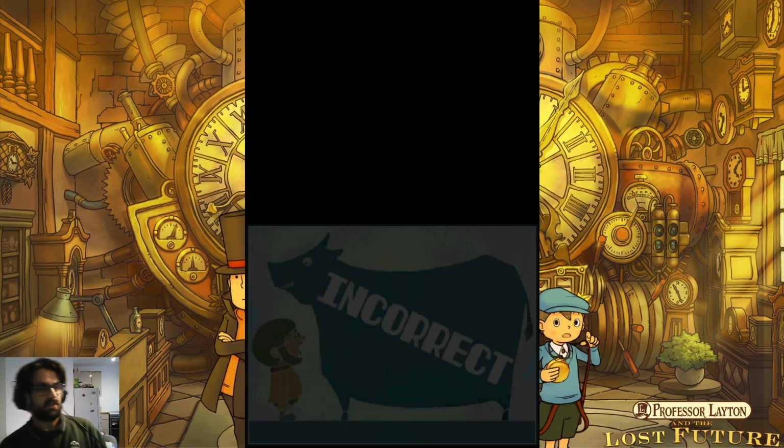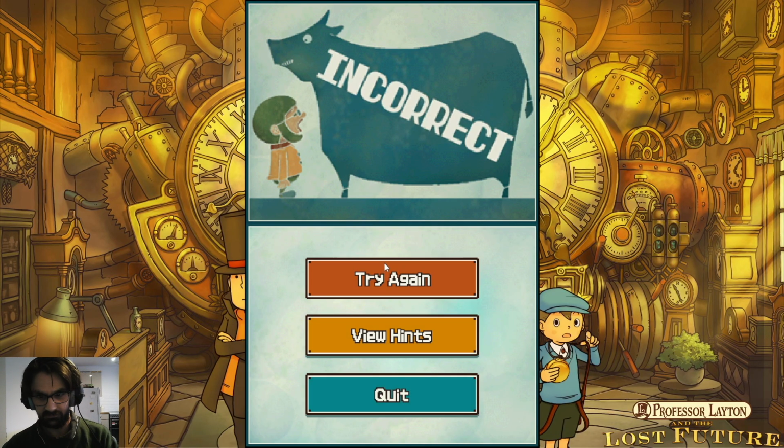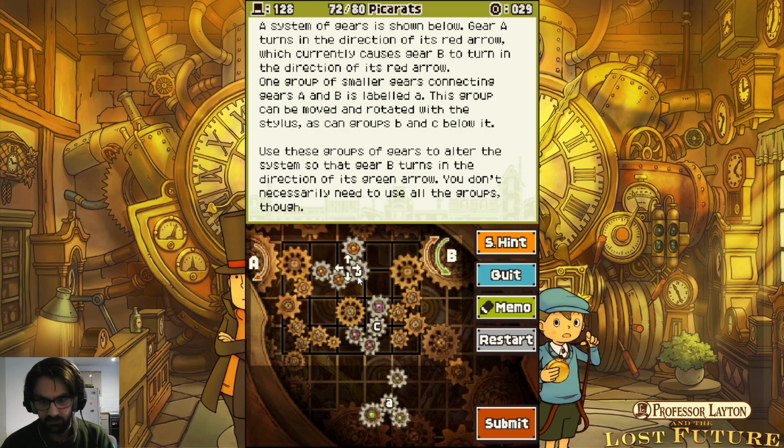No, I didn't expect that to work. I was sure my logic was sound. I'm running out of time. I know I'm running out of time. Restart. Right, get rid of Group A. Group C. Group C does fit there, in fairness. And then if we put Group B...